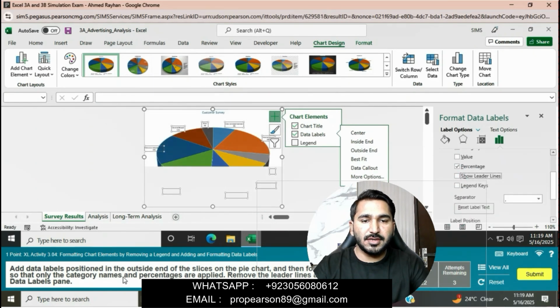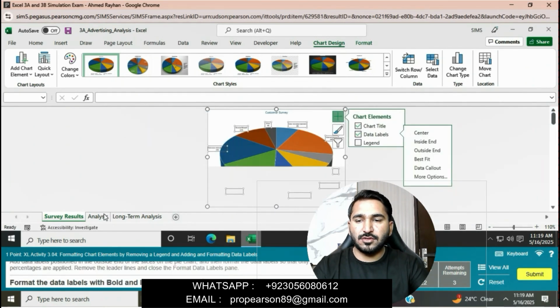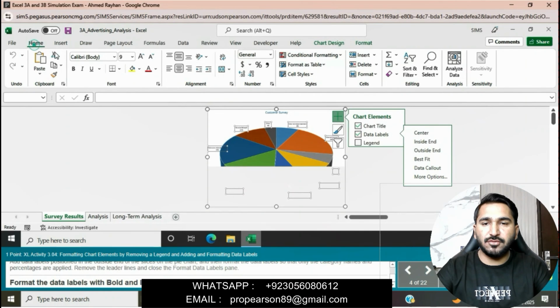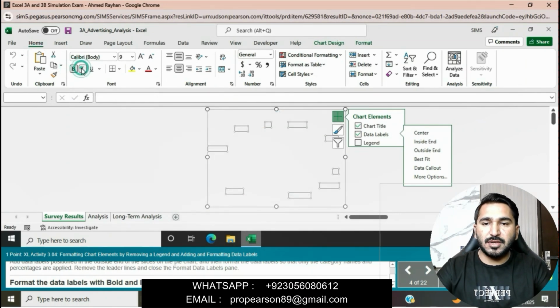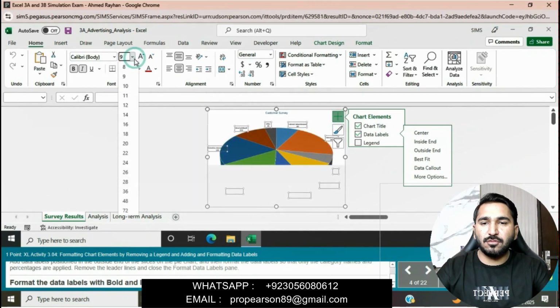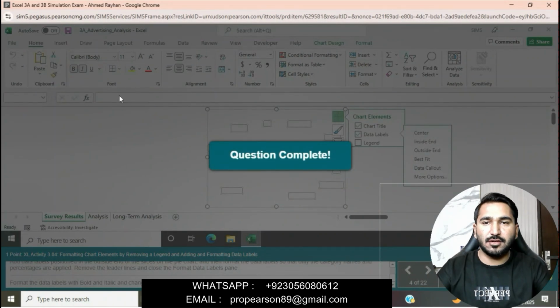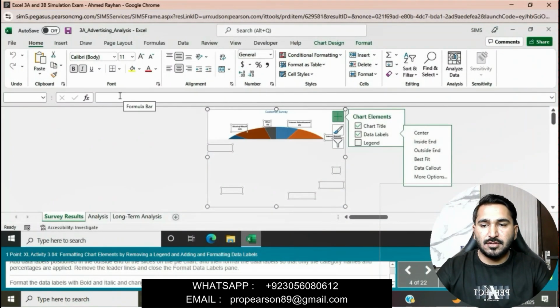Okay, you can see this, and then close this. Format the data label with bold and italic and change the font size to 11. Simply go to the Home tab, apply bold and italic, and then go to the font size in the Home tab group and apply 11 point font size on these data labels. The next question is that